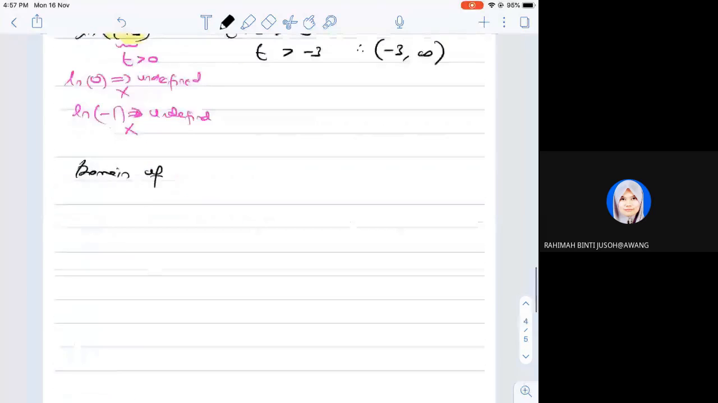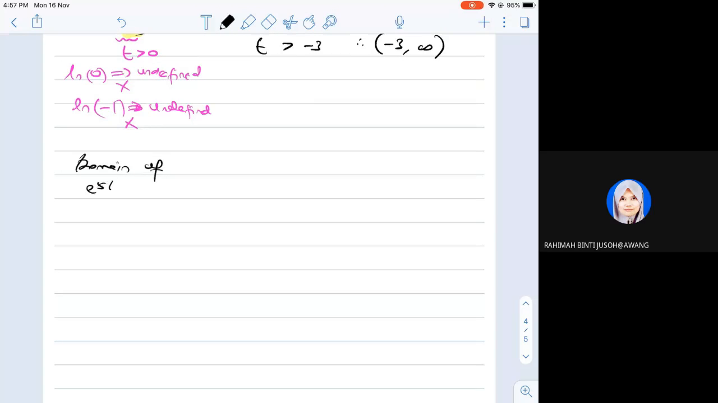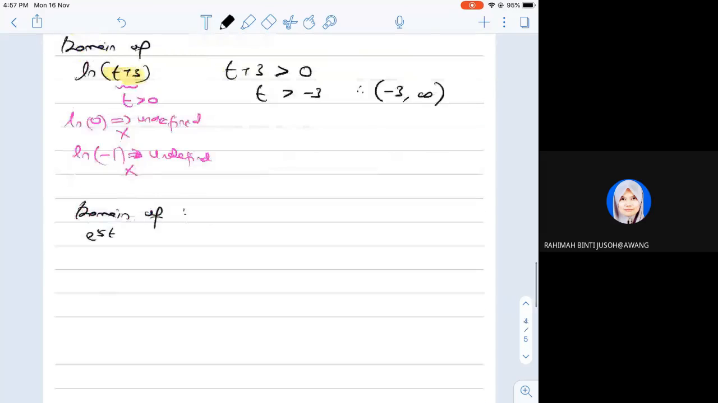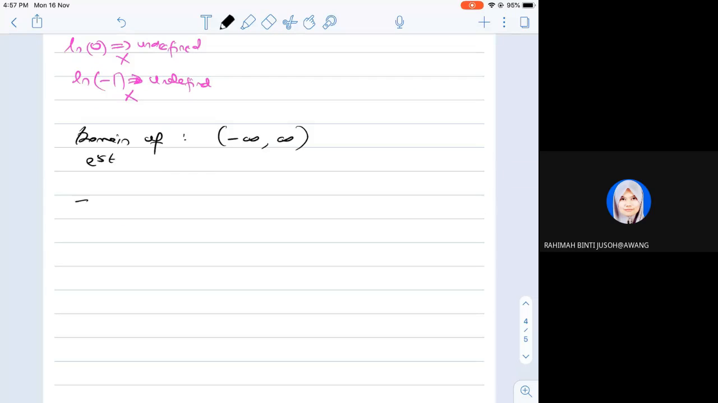Exponent 5t. Okay, exponent 5t. We have exponential, what did I say earlier? It has no restriction, right? There are no restriction at all. So we have from negative infinity up to infinity. Okay, this is the combination